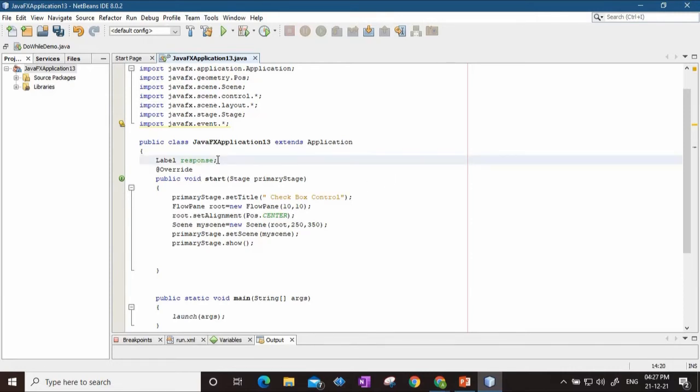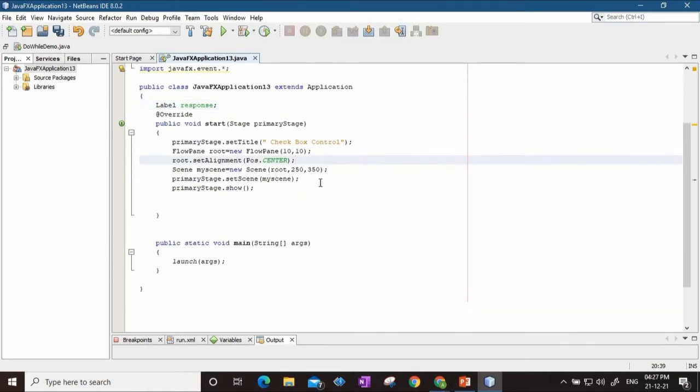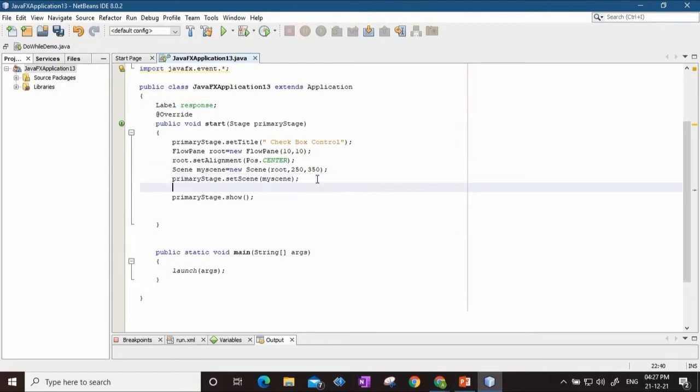So we already have this label response, label whose name is response. We already have this. So we'll retain the same thing, and now we will declare a checkbox. Okay. Now initially, we'll add the controls over here.